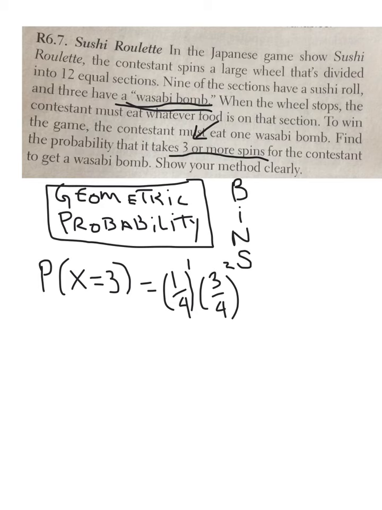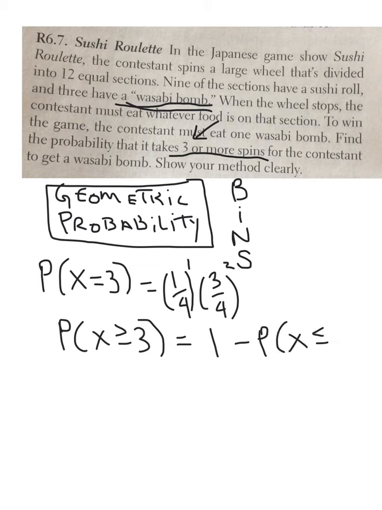So what we're going to do is, instead of 3, let's do 2 or less, and then subtract it from 1. So, in other words, the probability that x, our random variable, is bigger than or equal to 3 or more spins, that's going to be the same as 1 minus the probability that x is less than or equal to 2. So what we would do is we'd say 1 minus